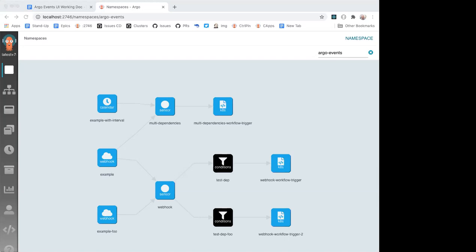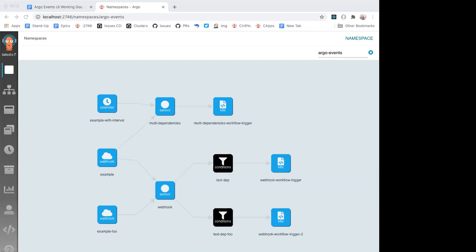Now I've discussed this a bit with Derek, and the challenge is that the Argo server typically speaks to the Kubernetes API in the namespace that it's installed, not in the user namespace. So you install the user interface in some kind of system namespace, and then it reads and writes from the Kubernetes API. That's not the only source of data in Argo Events. The other source of data is your event bus within the system. So that adds a lot of complexity if we need to read from that. And I'm also aware that the event bus could have a very high level of throughput, thousands of messages a second.